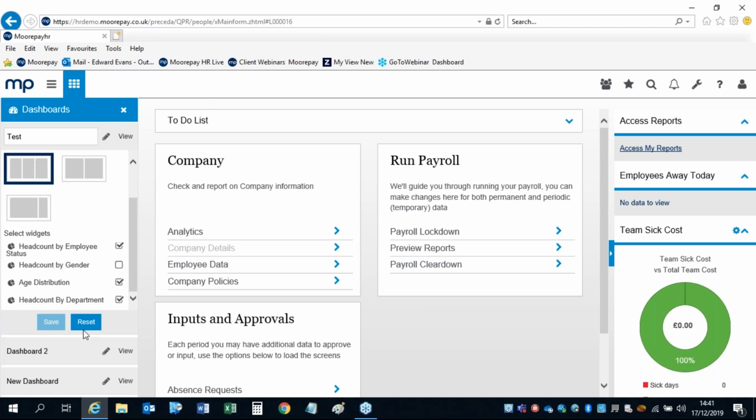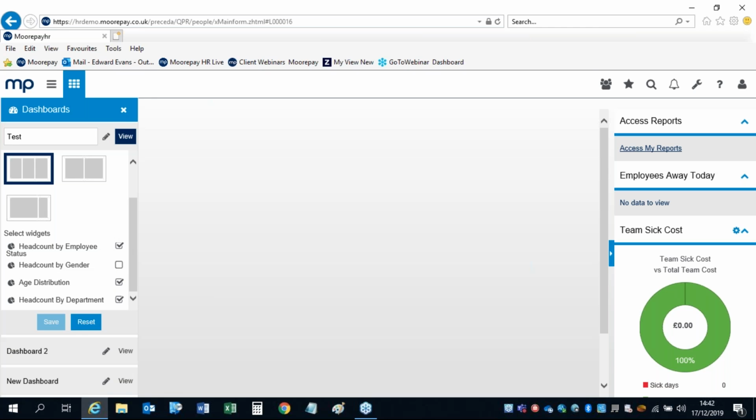And the reason for that, if I scroll down a bit, I have these 4 options below it, which are various bits of information about employees. You may find that you've got a lot more in there than we have, because again, it depends on your implementation, and whichever of the boxes that are ticked, they're the ones that you'll see on the dashboard. So if I click view at the top here,